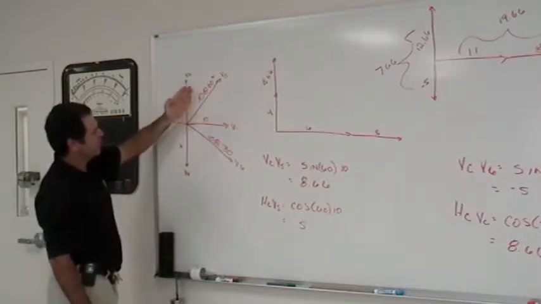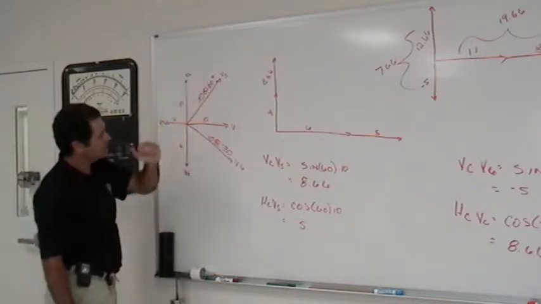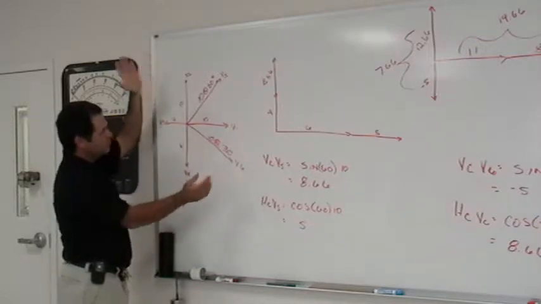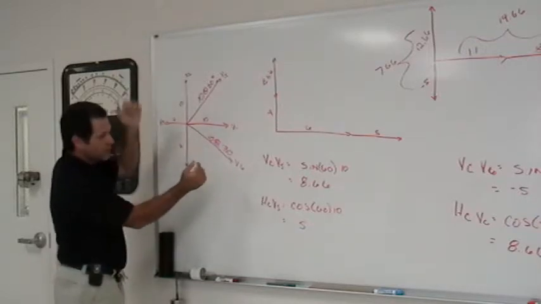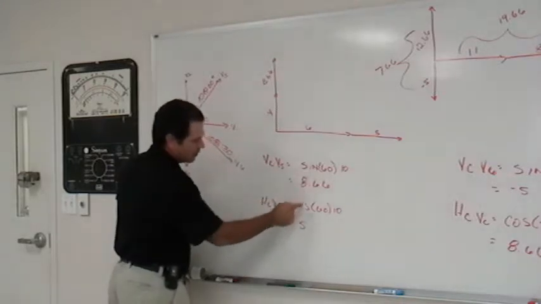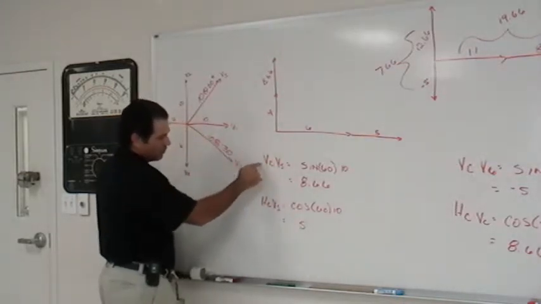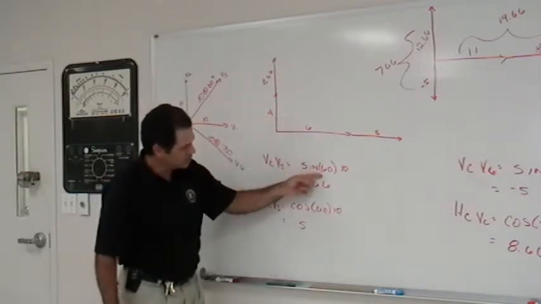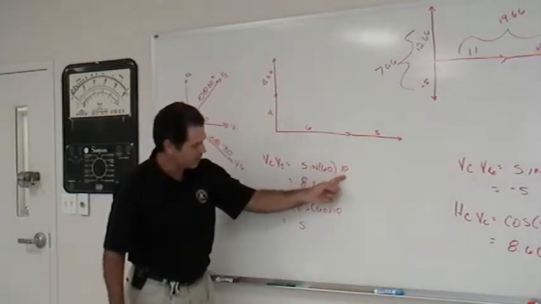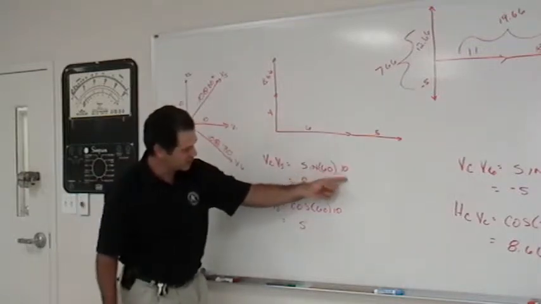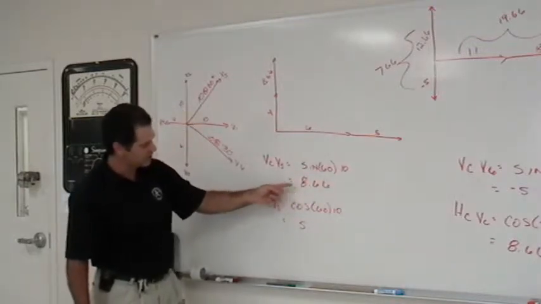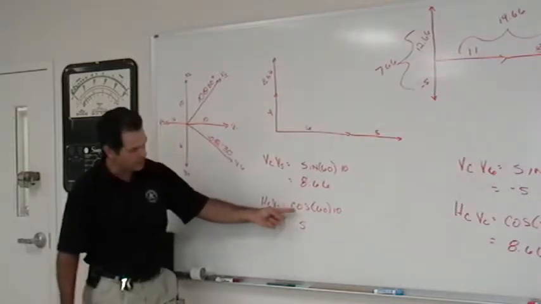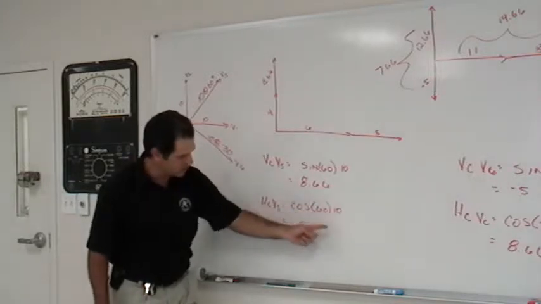So the first one we tackled was vector 5, the 10 at 60 degrees. Now when we have a vector in this manner, we have to break it into its vertical and horizontal components. So what we have to do is use the sine and cosine functions. So the vertical component of vector 5 is equal to the sine of 60 degrees times 10. So sine 60 degrees times 10 gave us a value of 8.66. The horizontal component of vector 5 is equal to the cosine of 60 degrees times 10, which gave us a